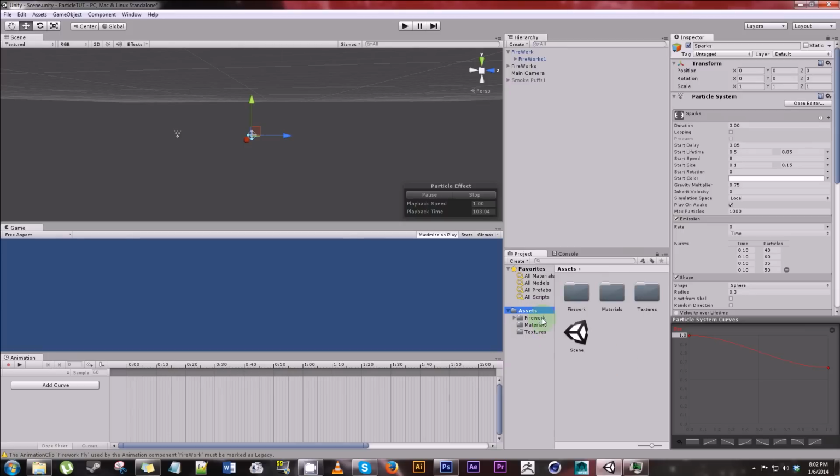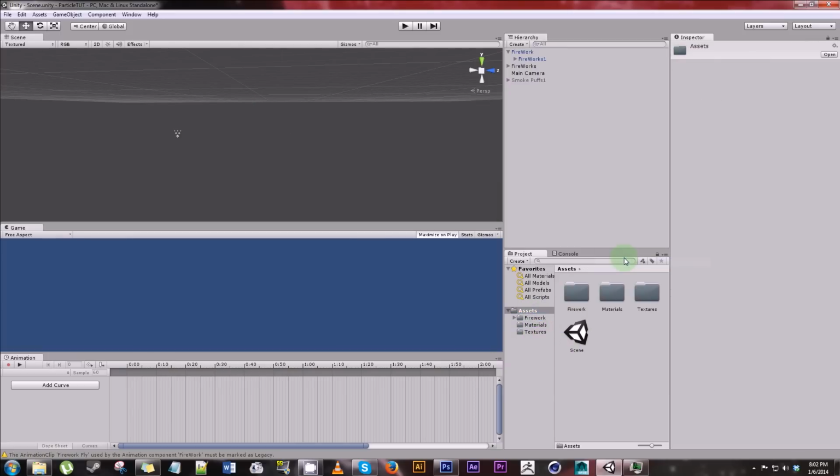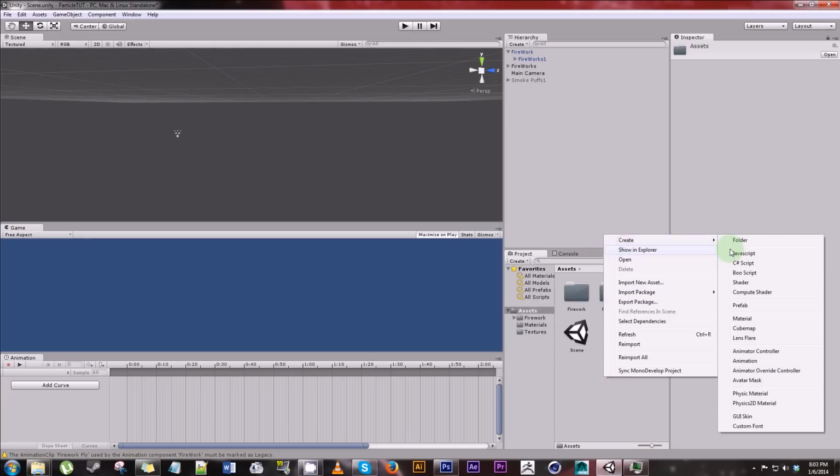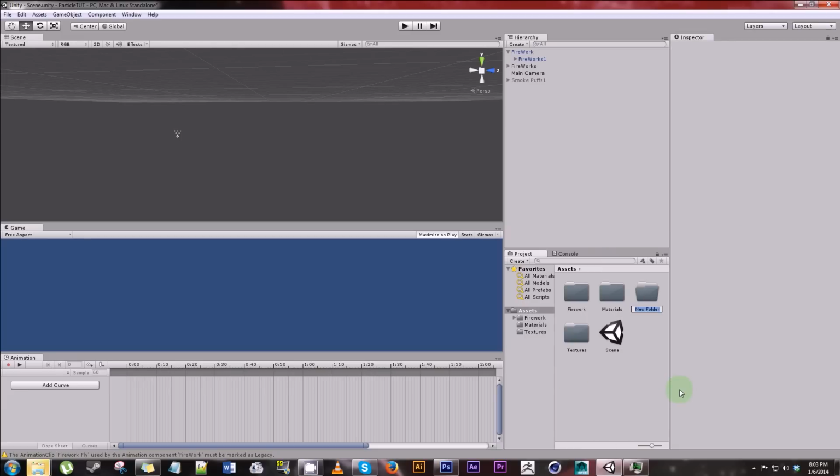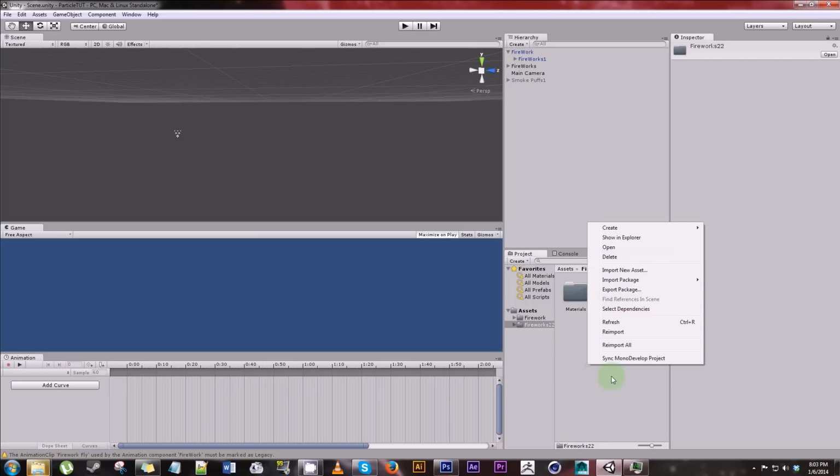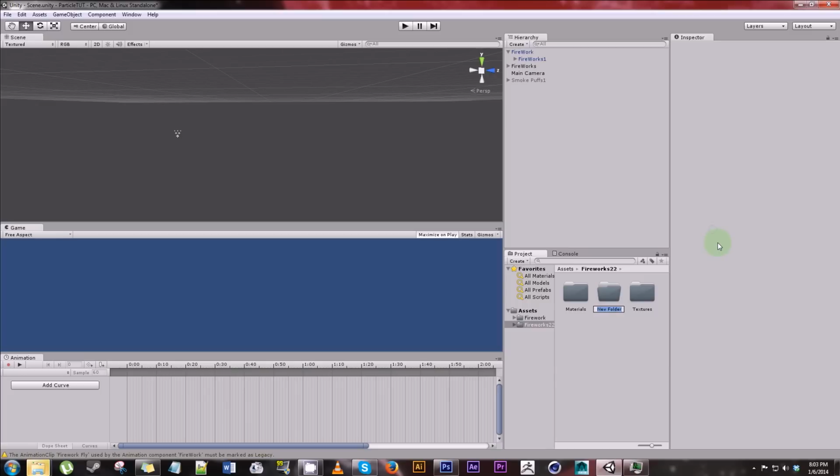I'm also going to go into assets, click the wrong thing, I'm going to show something in Explorer, but I don't care. Folder, I'm going to call this fireworks 22. Drag everything into the fireworks 22 folder, open it, create a folder called animation,